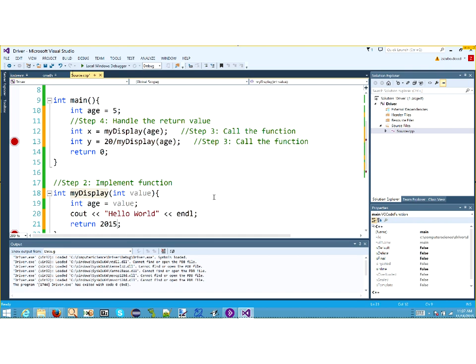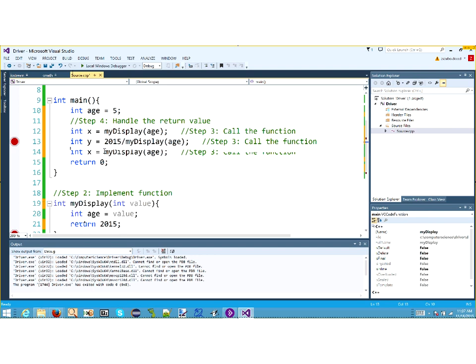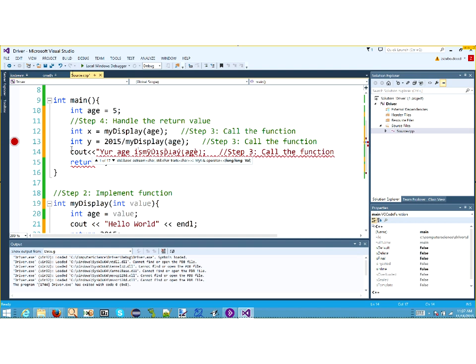Whatever is returned, let's say 2015, so whatever is returned from the function, it's an integer, so it's really going to be integer divided by integer. Okay, what else can we do? We can also just print it out, right? So we can just say cout, okay, your age is,